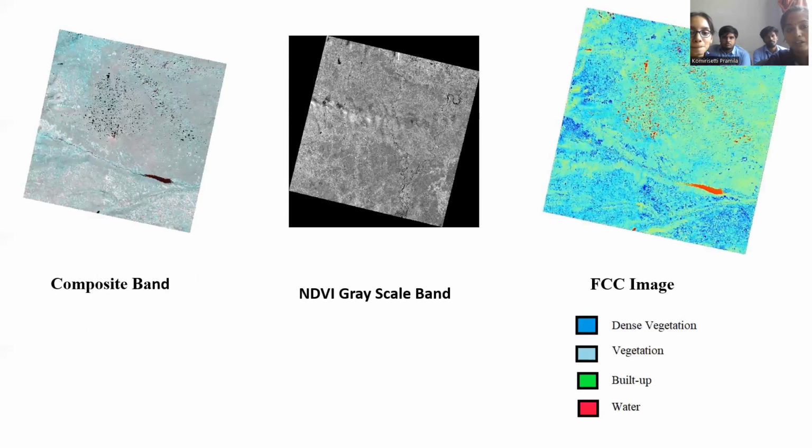And here are the images of the composite band, which is obtained from band 4 and band 5 of the Landsat 8 satellite imagery. And here is the normalized difference vegetation index grayscale generated. As the grayscale image makes classification difficult, this grayscale image is converted into a false color composite image, which helps in classifying the image easily into our required sections, that is dense vegetation, build-up and